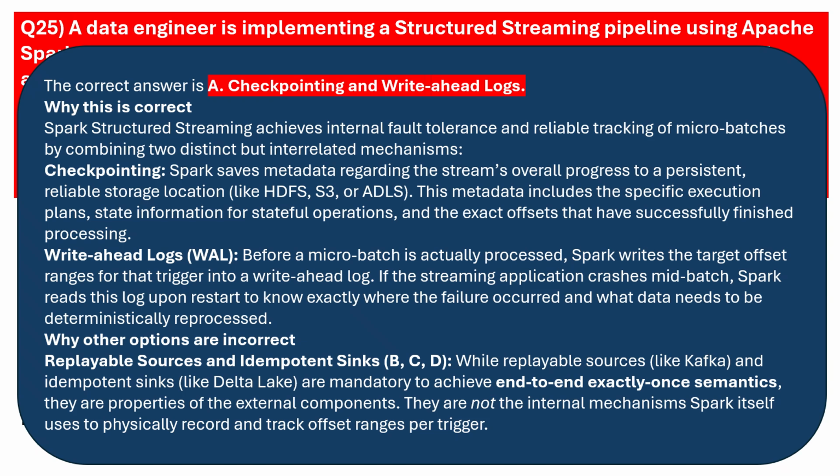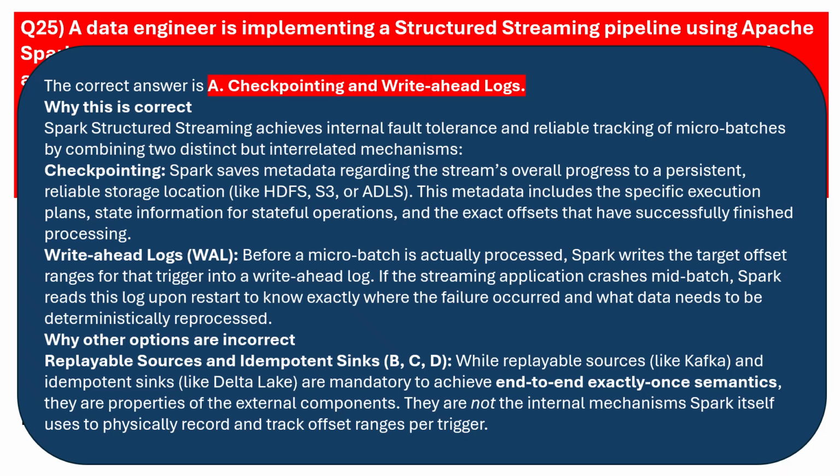Spark structured streaming achieves internal fault tolerance and reliable tracking of microbatches by combining two distinct but interrelated mechanisms. Checkpointing: Spark saves metadata regarding the stream's overall progress to a persistent, reliable storage location like HDFS, S3 or ADLS. This metadata includes the specific execution plans, state information for stateful operations, and the exact offsets that have successfully finished